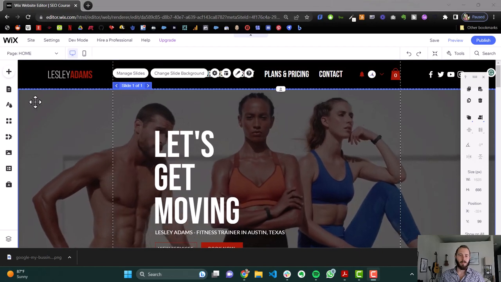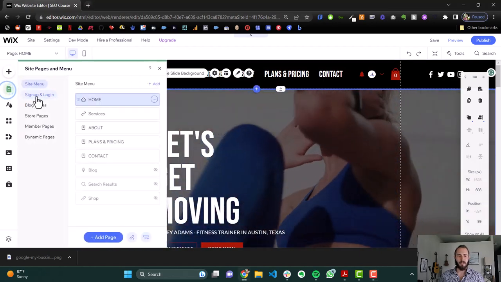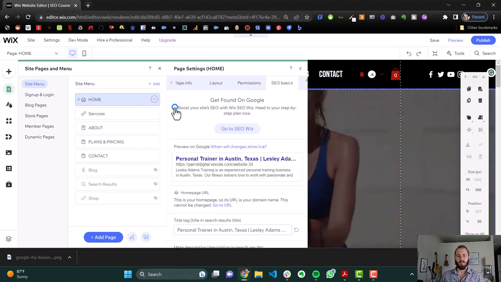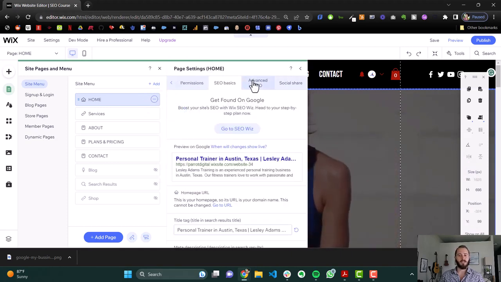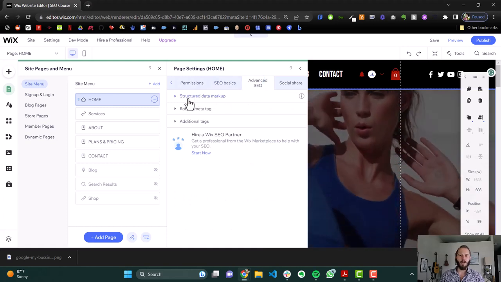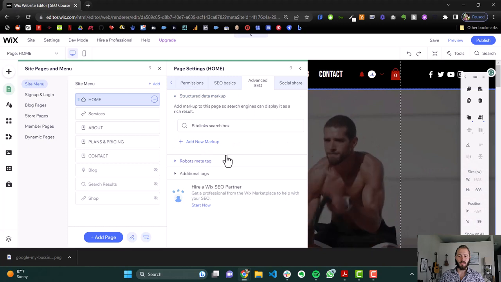So, in your Wix editor, on the left-hand sidebar, go to Pages and Menu, and then on your home page, we need to go to the Advanced SEO settings. So go to SEO Basics, and then one tab over is Advanced SEO. And then here you'll see Structured Data Markup. So if we open that accordion menu, it's going to give us some options here, and we're going to add